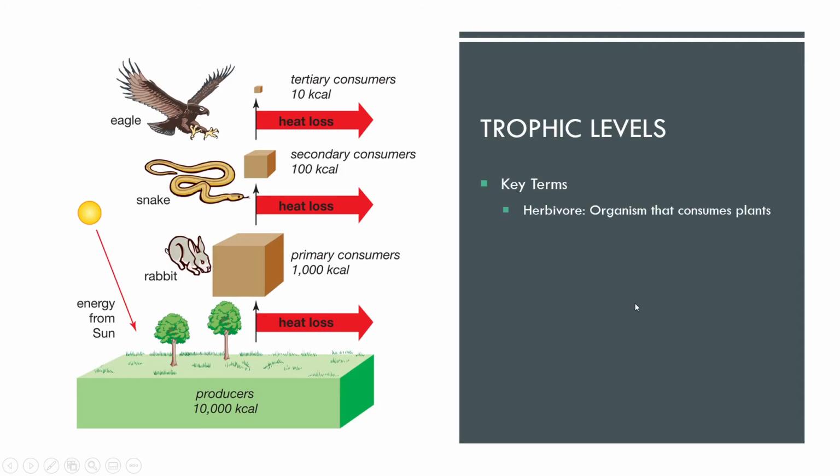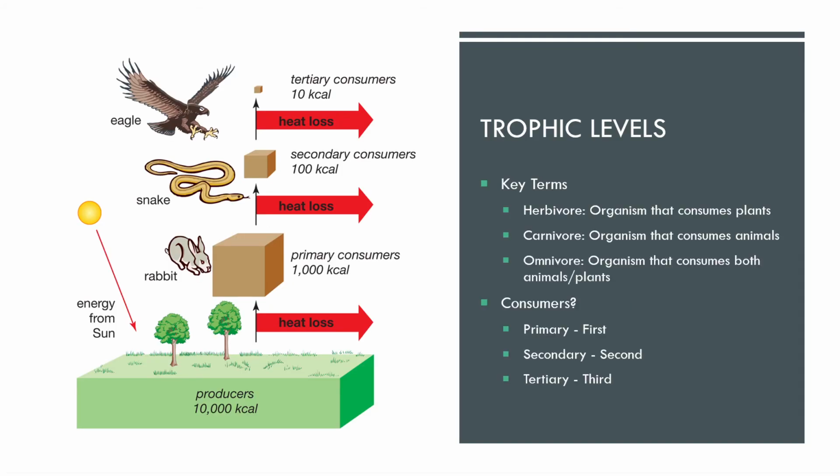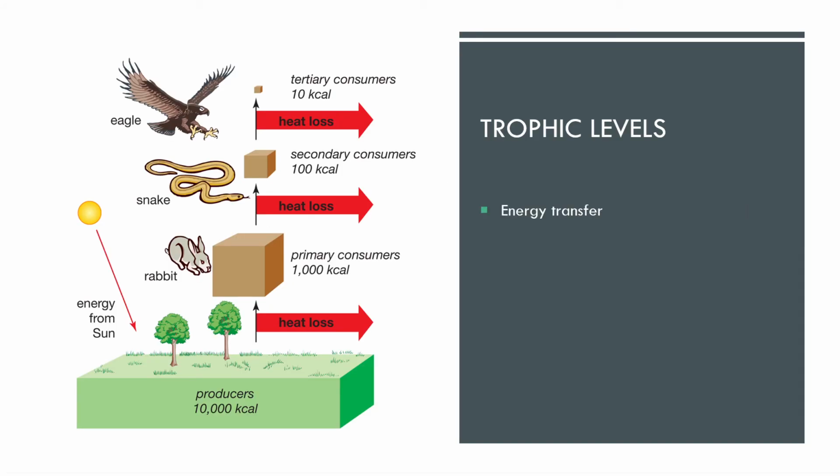Okay, so we went through that, talked about our consumers. Okay, so what does that mean? You've been seeing some of these other things with different energy units here. There's a little math involved. Okay, nothing too serious, little math. What this is showing is energy transfer per level. All of the energy is going to be passed through the trophic levels through consumption, except for the first one. Okay, producers.